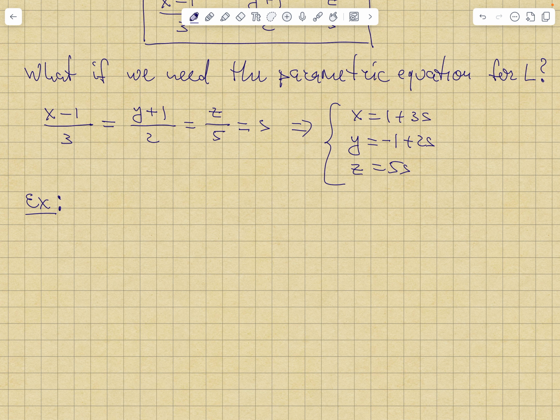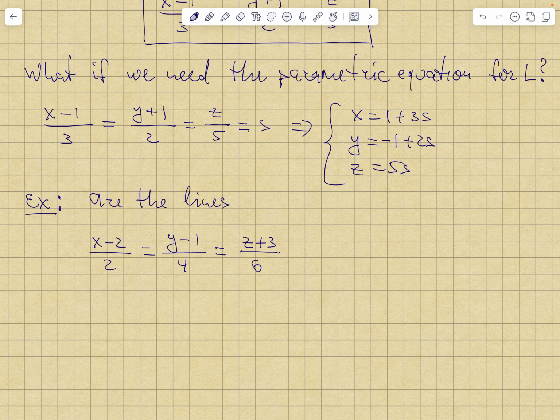Are the lines with a symmetric equation, x minus 2 over 2 equal to y minus 1 over 4 equal to z plus 3 over 6,